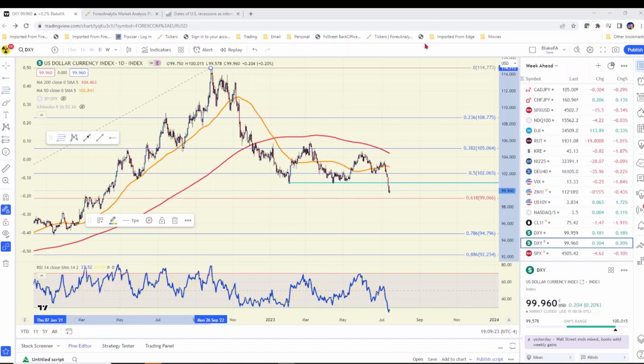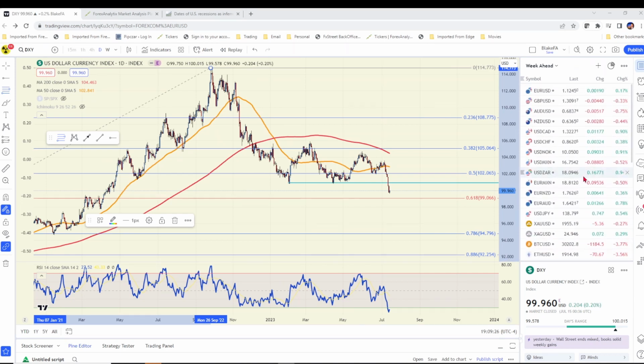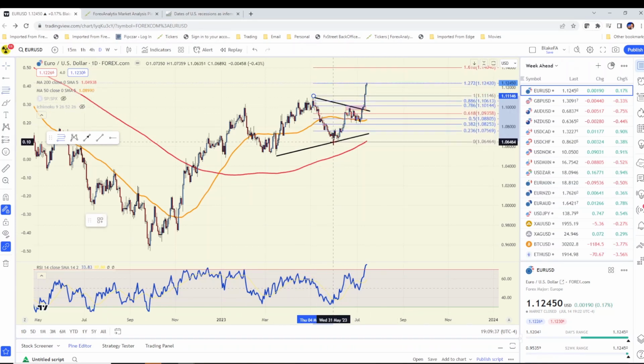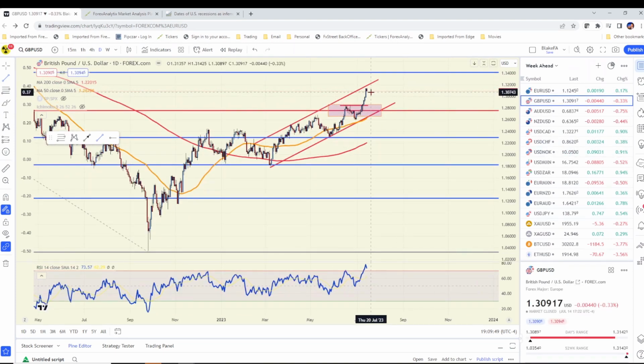The one thing about the dollar index is, if you look across the board, if you're looking at the euro, we had a really solid breakout of the triangle. So now any move back down, that's not what I wanted. Well, actually we can do that if you want. You can see we're at the 127% extension, but any dip back down towards 111 should offer some support at this point in time on any dip. If you look at the sterling, we're at channel resistance, but any dip back down towards 128.50 should also offer support on dips. There are certain currencies, like if you take a look at the Aussie and the Kiwi, that could be influenced by other things this week, which we're going to get into those charts in just a bit.